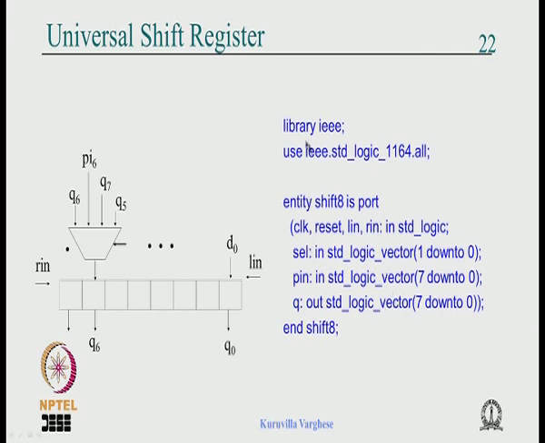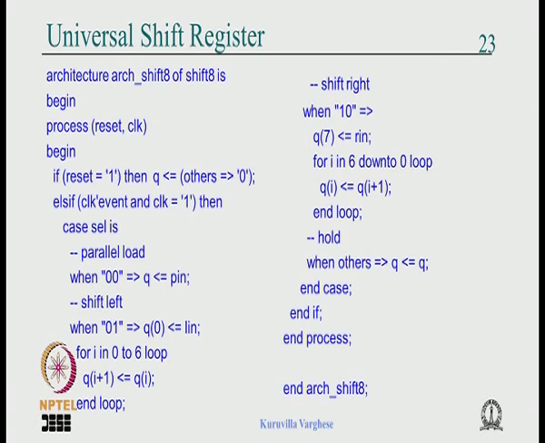So this is the library clause for it, and this is the entity where clock and reset are inputs, left in and right in are inputs, all single bit. Select line is 2 bit because it is a 4 to 1 multiplexer, parallel in is 8 bit because this is an 8 bit register, and the Q is also 8 bit. Okay, now you can sense already that